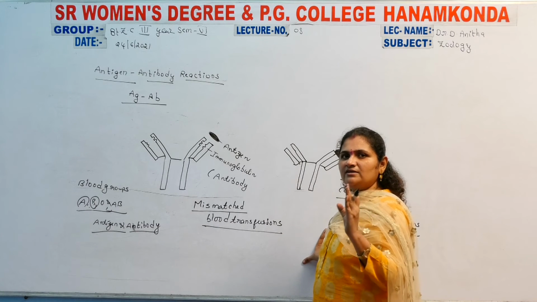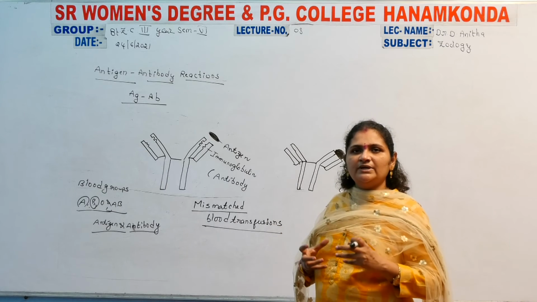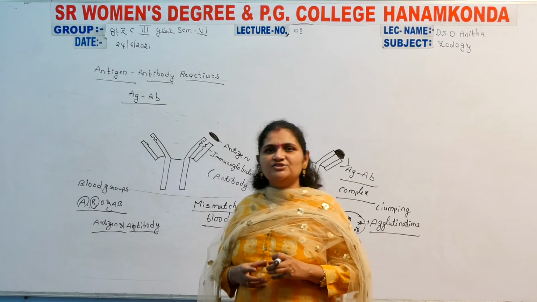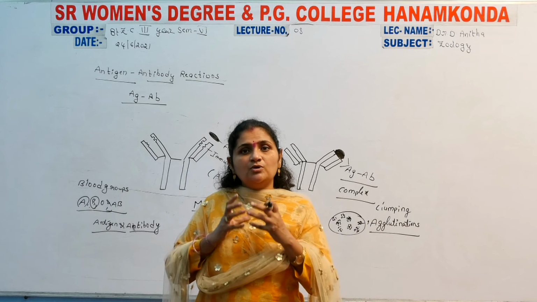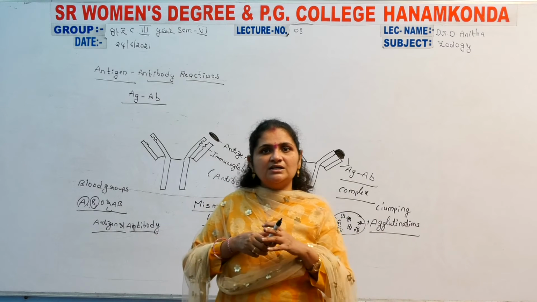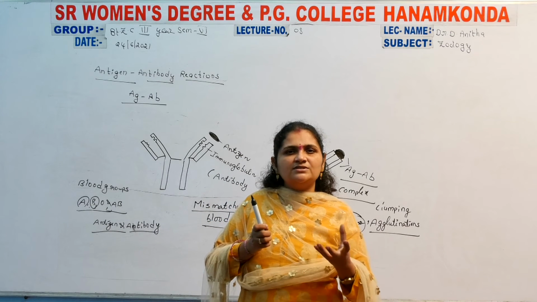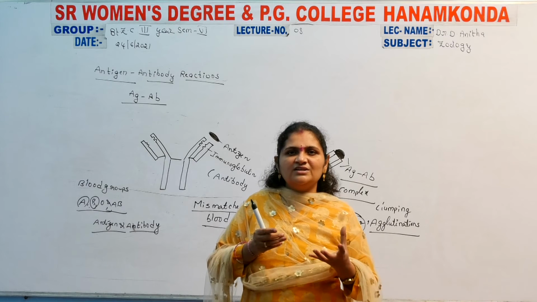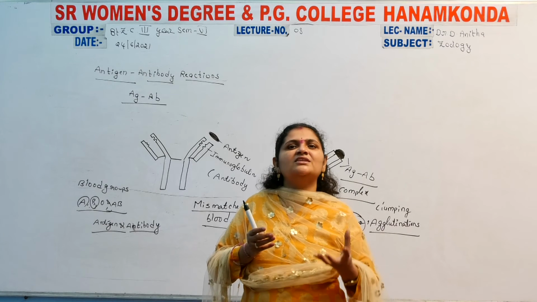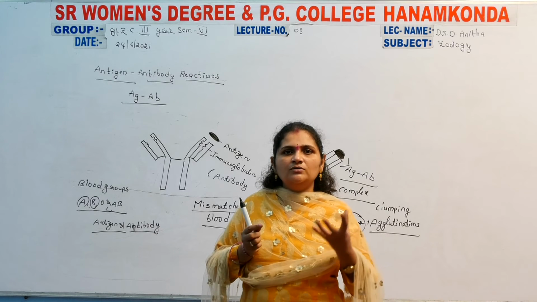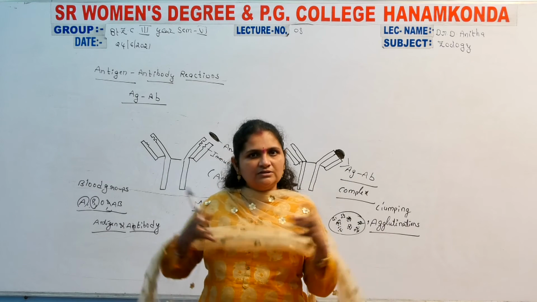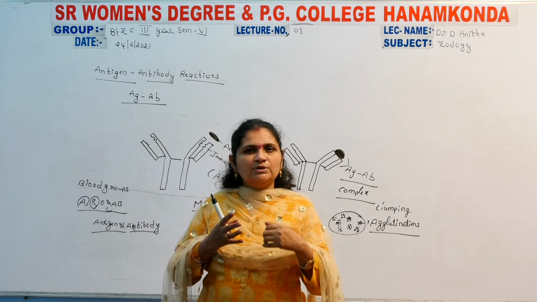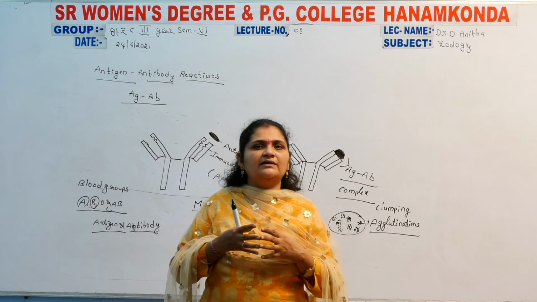In the middle of antigen and antibody, what is the bonding mechanism? How are they going to be bound? That is a characteristic of the antibody, and it reveals the strength of the antibody: how the antibody was strengthened against the antigen. So it bonds very tightly with the antibody.